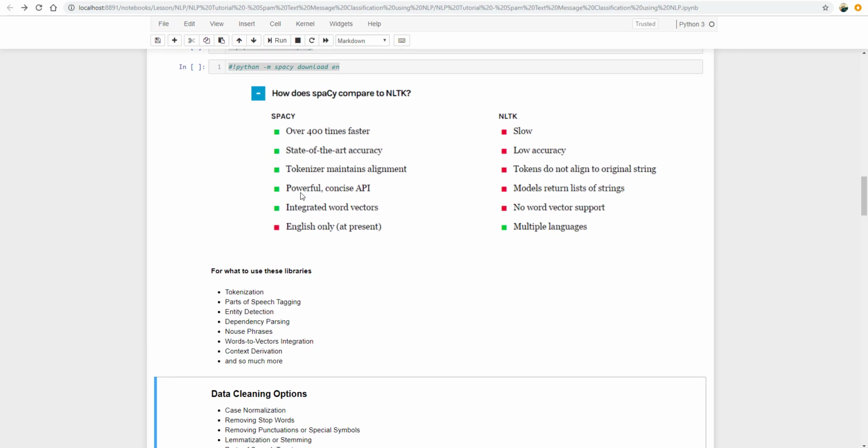And then spaCy has a powerful and concise API, not too many confusing APIs. And it has integrated word vectors, that means we can do word to vectors directly with spaCy. But there is just one disadvantage in spaCy. It is available only for the English language at present,